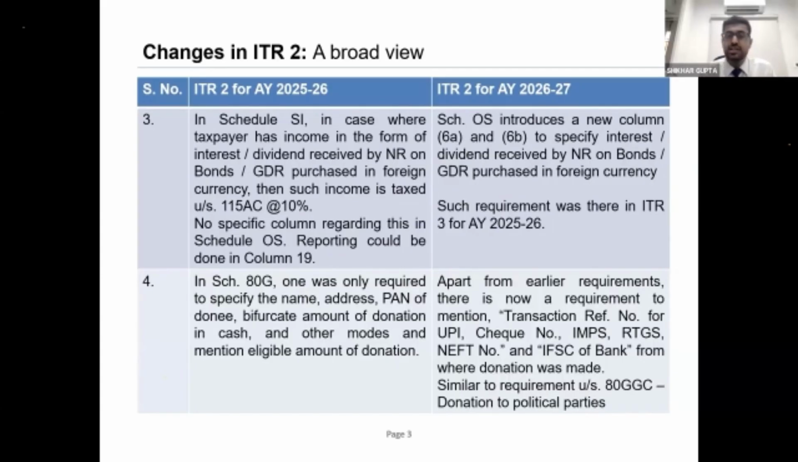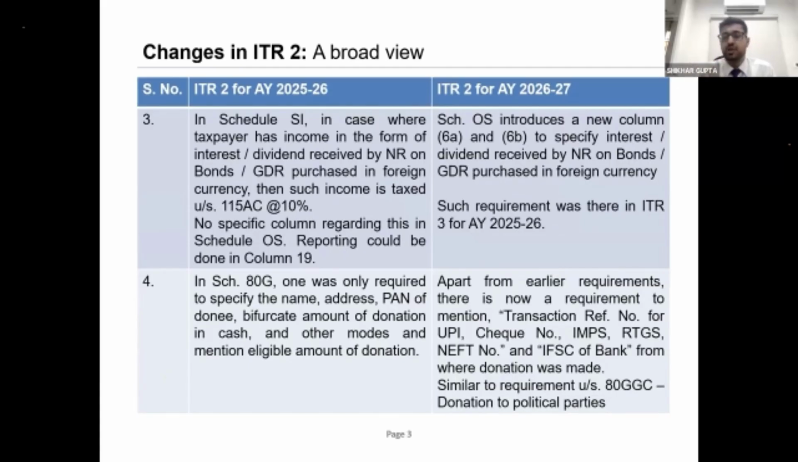Earlier, Schedule ATG required one to provide the name, address, PAN of the donee. जिसको हमने donation दिया है, उसका नाम, address और PAN आप provide करें. Simultaneously, you have to bifurcate the amount of donation into cash or other modes and then mention the total amount eligible donation. Now,